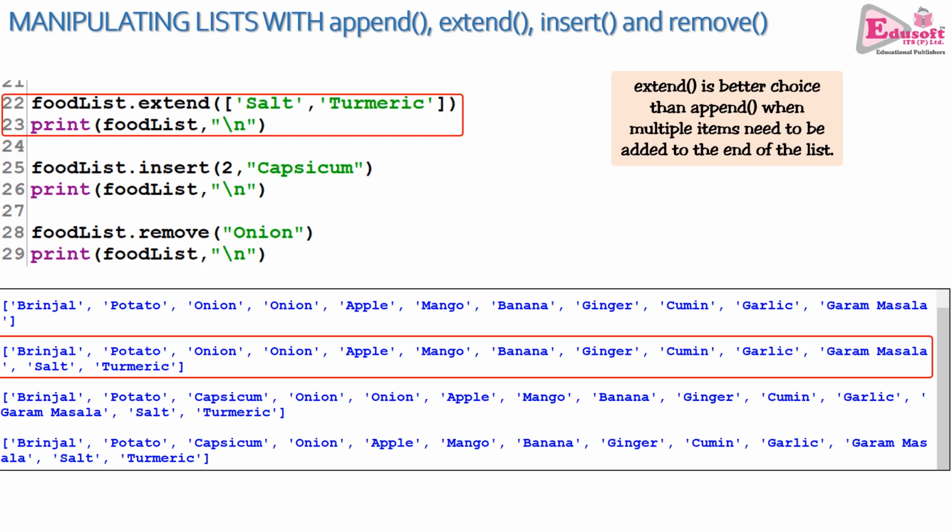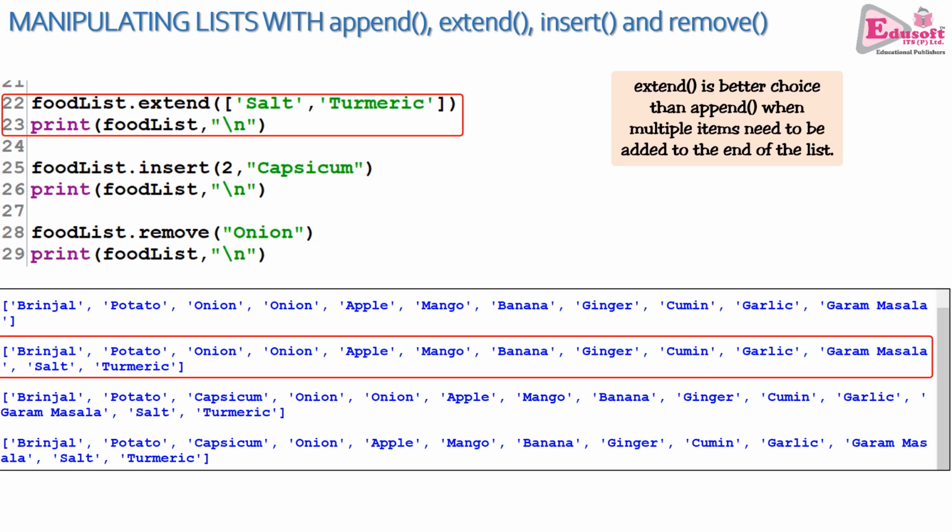See the output, line number 22. Salt and turmeric are part of a list, but they have been stored in the main food list as separate values. They have been broken into separate values and appended. So extend is a better choice if you have to append multiple values into the list.